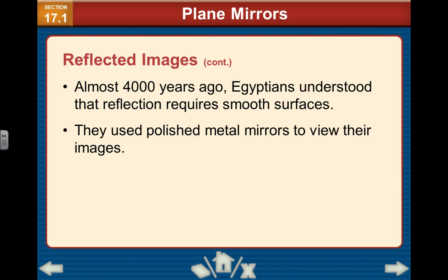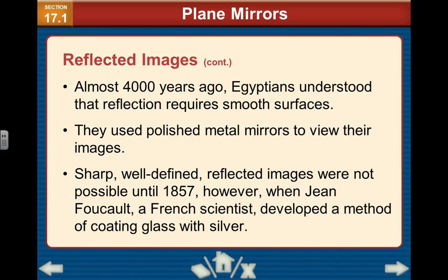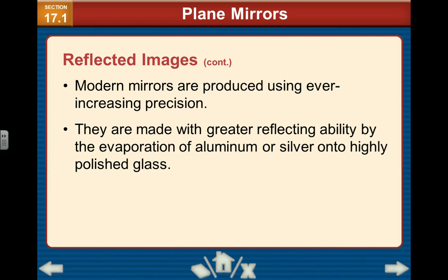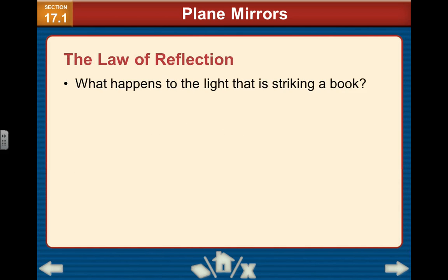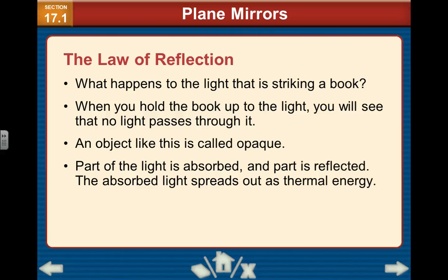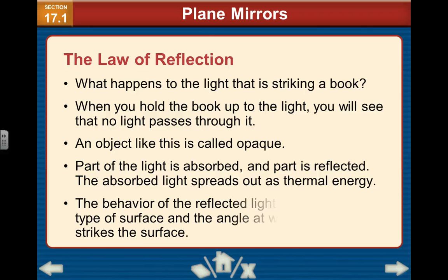The Egyptians realized you have to polish a mirror if you want to get a good clean image, but really we weren't able to do images until about 1857 when we were able to start coating glass with silver, and then we started getting some really good mirrors. So again, remember that if the light does not go through it, we say it's opaque. If some of the light is absorbed and the rest is reflected,